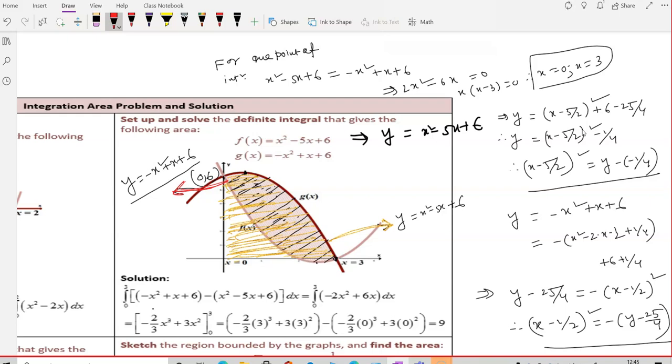This second curve is y equal to minus x square plus x plus 6. How much area does it make with the x-axis? Everyone will say that this area only, because you told us it is the area. The integral of f(x) dx is the area bounded by it between these 2 points. Another problem arises here. This point of intersection also exists. So I got this whole area.